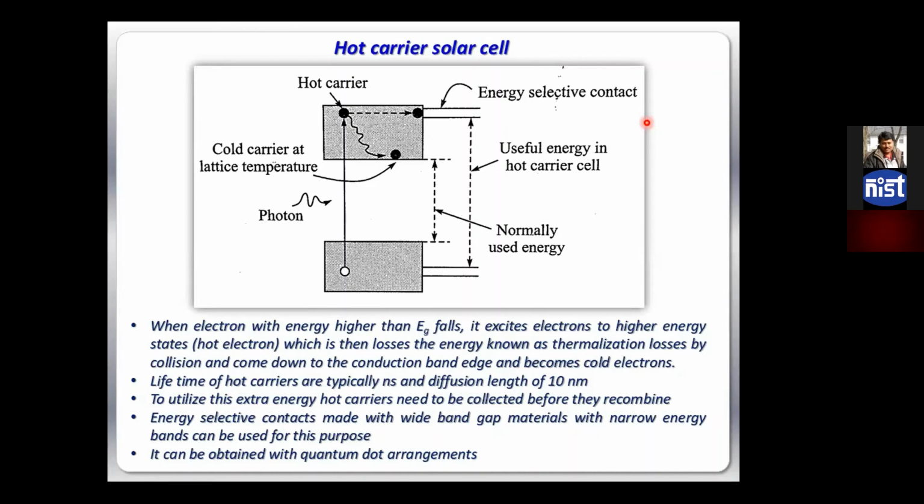Because the thermal losses are due to the photons which have higher energy, and the electron goes to a higher state within the conduction band and has high kinetic energy, and then it comes back to the edge of the conduction band and loses that energy in terms of heat, right? So those carriers are not known as hot carriers. When I shine photons with much higher energy than the Eg, that goes to the higher state. So this carrier is known as a hot carrier.